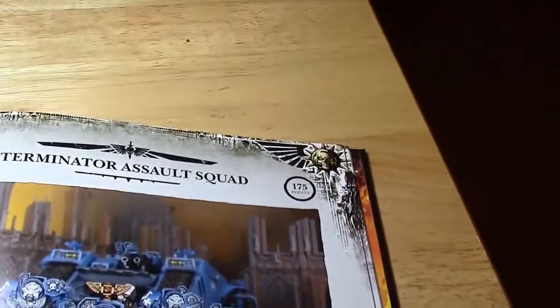So we have all the Dreadnoughts coolness. Regular, Venerable, and then the Ironclad. Legion of the Damned, they're still in here. They're good to go. Terminator assault squads and regulars. Bike squads and assault squads. New pictures and all this. Attack bike squad, regular, land speeders and land speeder storms, rhinos, razorbacks,